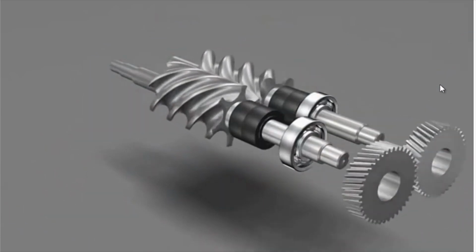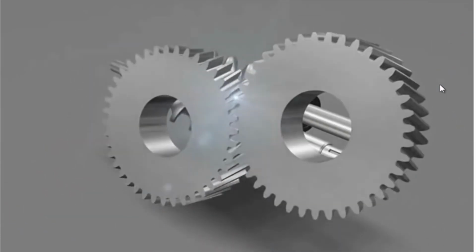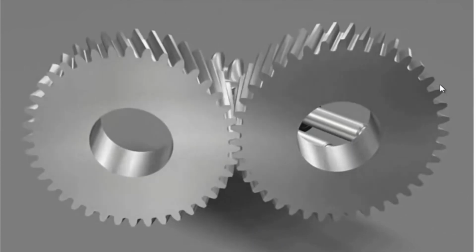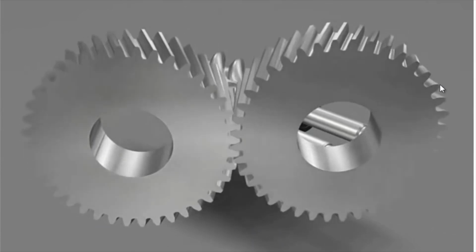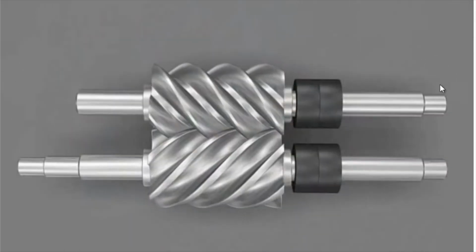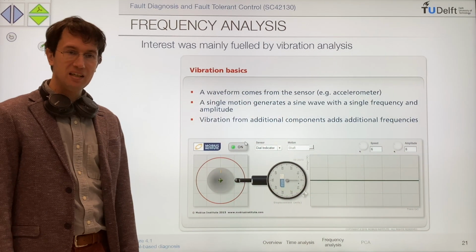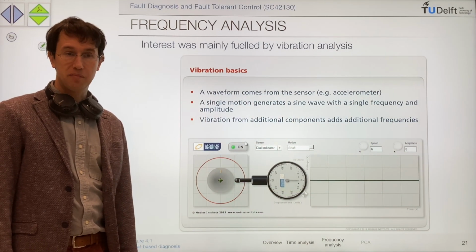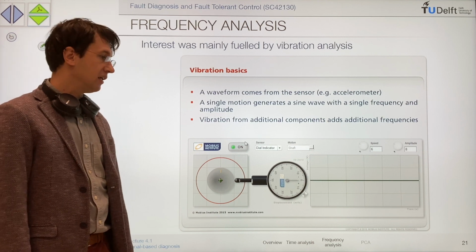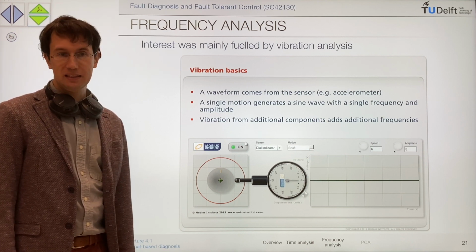So we see that we have here the gears. For every tooth in the gear mesh, we have an impact. So if we have n teeth, we are expecting another component at n F0, and so on for the screws, for instance. So indeed, if you take vibration or sound measurements of a rotating machine, you expect that there